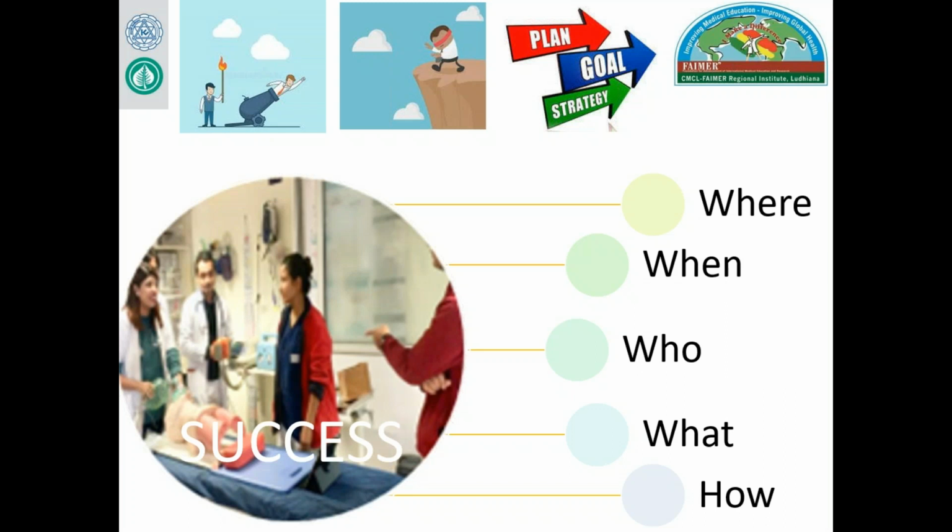The other important question is what. What do we want from this simulation? Again, the learning objective should be very clear. And then how. How are we going to run this? What is the scenario that we are going to give? If participants act in one way, how are we going to lead that? When are we going to finish? These are all very important questions, and all need to be planned very well in advance.